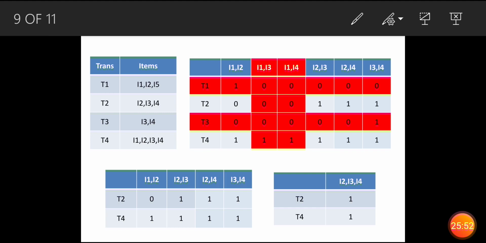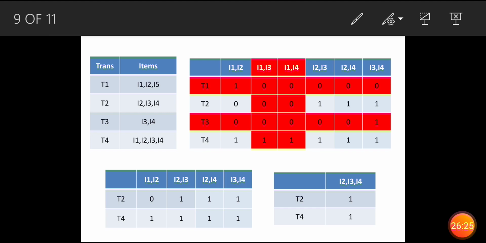Now we will see the sum of item sets. From left to right, T1 has only 1, T2 has 3, and T3 has only 1. The last column, T4, has 1 1 1 1 1 1, almost 6.